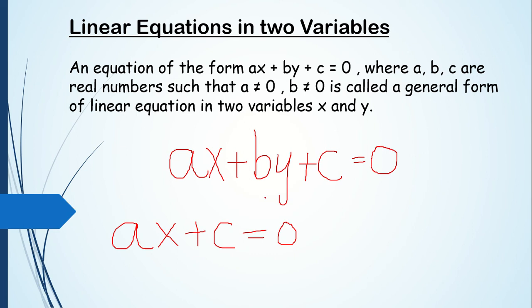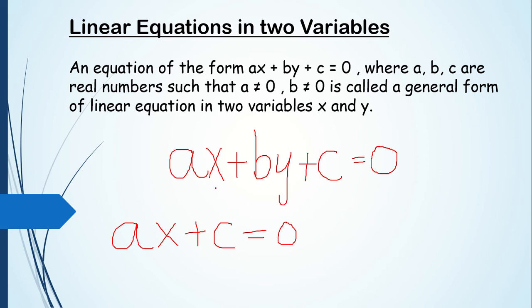What is the meaning of the word variable? Variable means its value can vary, its value can change. We are going to find out its value. Constants and coefficients are the real numbers. Like 2, 3, 4, 5, they are constants. The value of 2 is 2 only, the value of 3 is 3 only. But for variables, we find the value. We don't know what the value is, we find it. Its value can vary, so they are called variables.